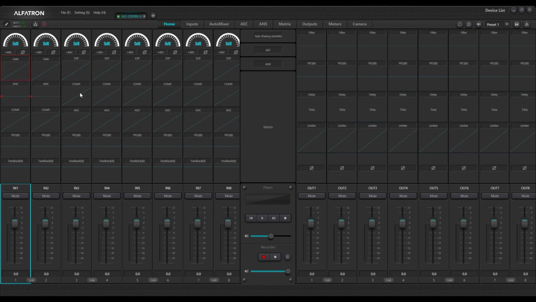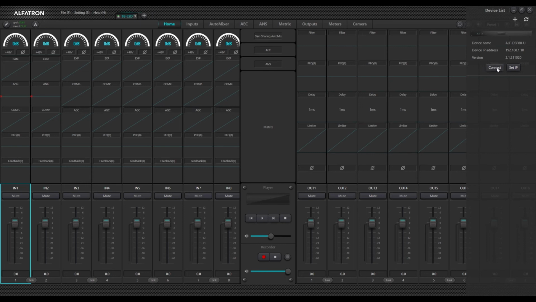Now, once I have configured my modules the way I would want to, I would need to upload this information to the DSP. It doesn't save this level of configuration automatically. I need to tell the DSP that it now needs to reconfigure itself to the setting. So then I would just click on upload parameter to device. And once I have done that, it has sent that information to the device, and now it is fixed in place. So if I were to disconnect from the device,